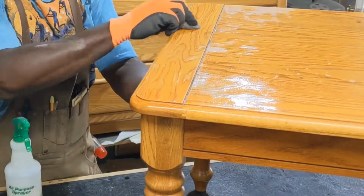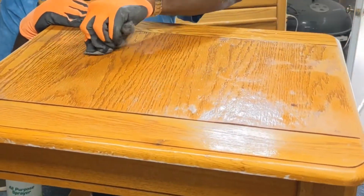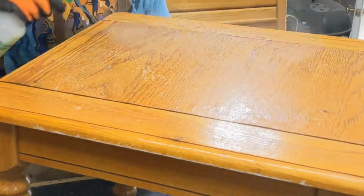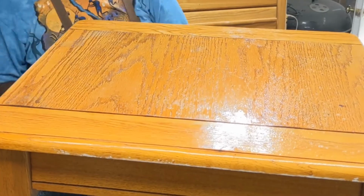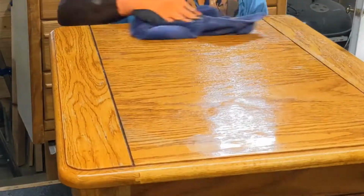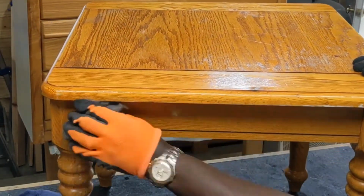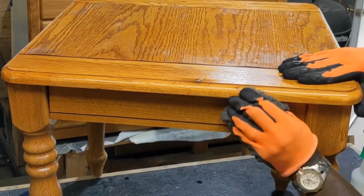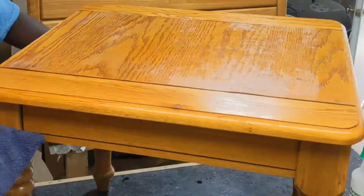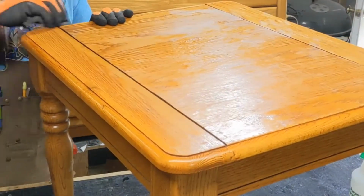You can see it's starting to look a little bit better. I used a little steel wool on some of those tougher stains, and they came up pretty good. I didn't notice the different levels of this top where those seams are, and I think the all-purpose cleaner made them worse, as you'll find out in a